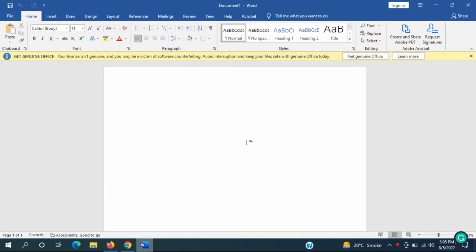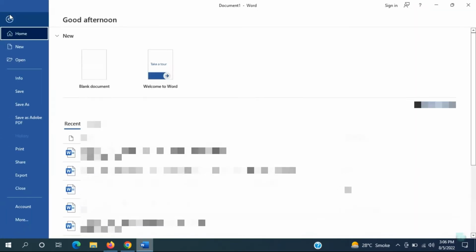In today's tutorial, I will mention how to check spelling and grammar in Microsoft Word. So this will hopefully be a pretty straightforward process here, guys, and without further ado, let's go ahead and jump right into it. So all you have to do is open up Microsoft Word, select the File tab up